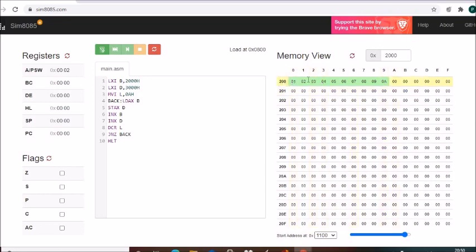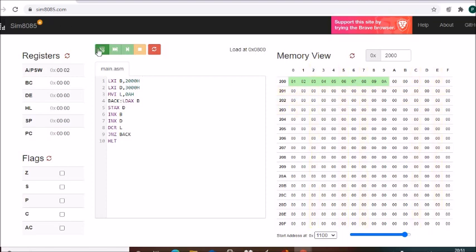These are the numbers stored in memory location 2000 to 2009. The same numbers will be copied to memory location 3000 to 3009 after I execute the program. Clear? So I have loaded the data.